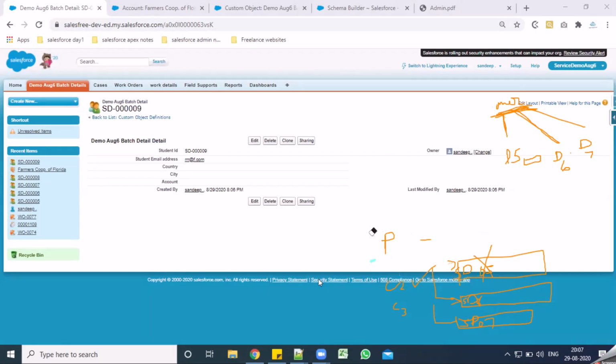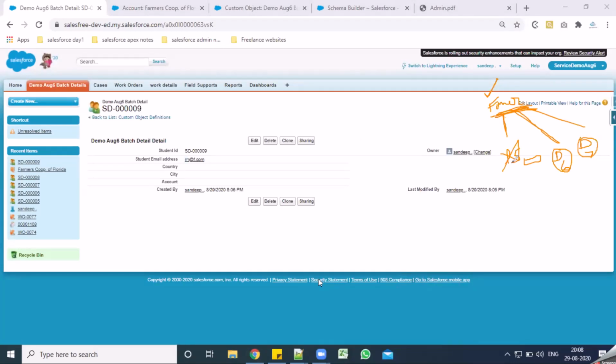Alright, so let me remove this one. From this structure, if I delete the D5 record, what would happen to the entire structure? This is my farmer account record. If I delete this D5 record, will the entire structure be deleted, or just this D5 record? What would happen on the parent? Will anything happen on the parent? What would be the impact of deleting D5 on the other records? That is the question.